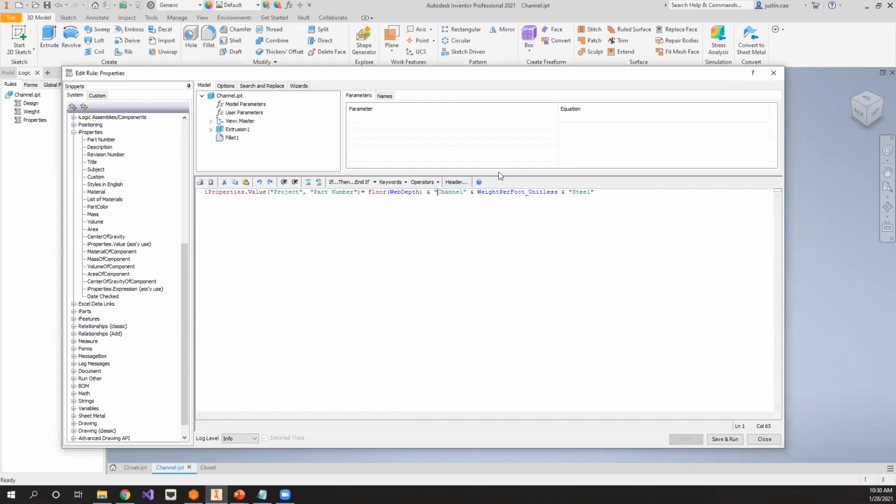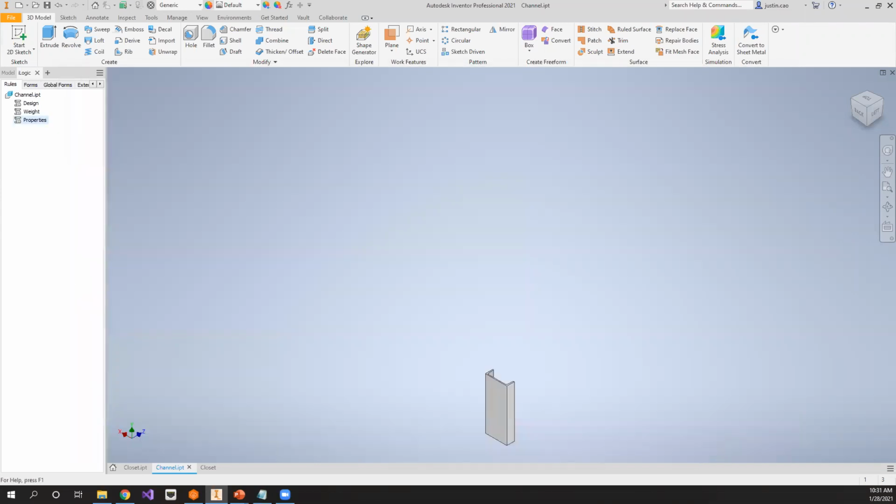So what we'll do is we'll go ahead. So we have floor depth. This is going to be our 5 value in our user parameter. And then if we want a space there in channel right in front of the C, we're going to go ahead and put a space there. And that's going to add a space to our part number. And let's say we want another space right where the steel is. If we do that right there. And then after the weight per foot, after channel, we wanted to put another space there. So now if I save and run, if I jump over into iProperties,